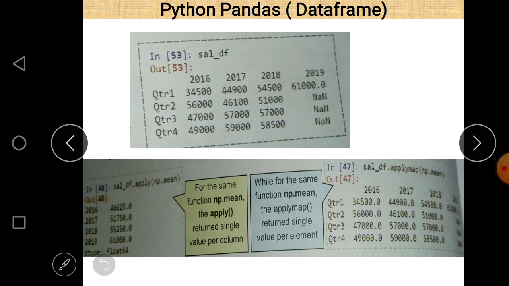Now if we want to apply functions, there is the apply function, with the first example related to apply and the second related to applymap.